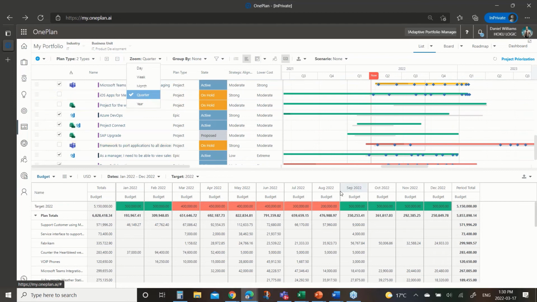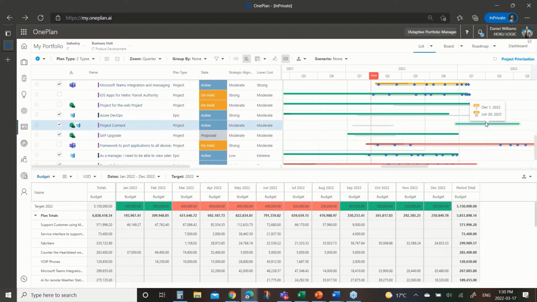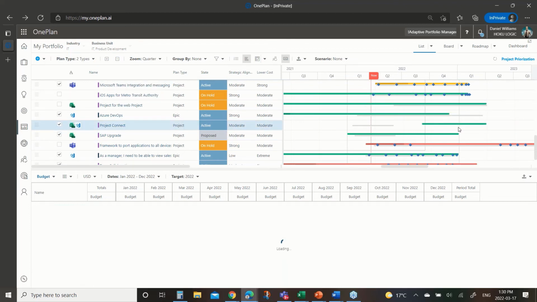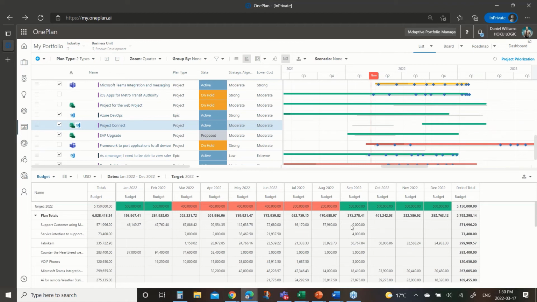I'm just going to zoom in a little bit around timing. And this starts to get into impacting resources. What if I said that project could start later and move it out? You'll see it recalculate its impact to budget. That's going to have a corresponding impact to resourcing, and we'll jump to that in just a second. But we're looking here to do prioritization.